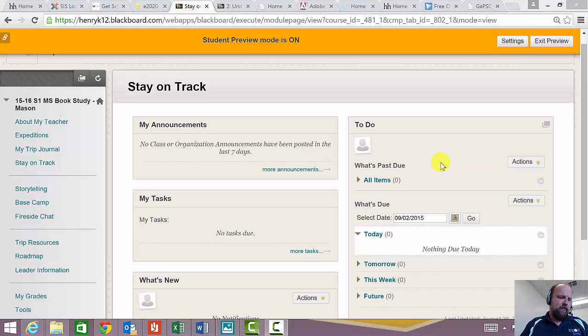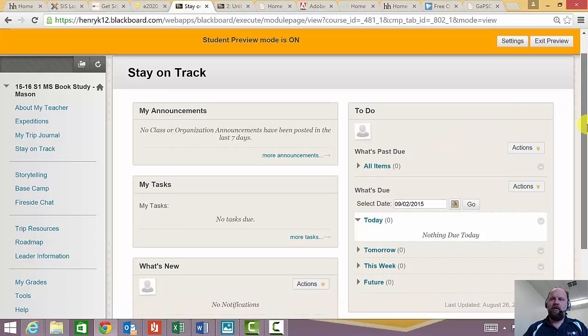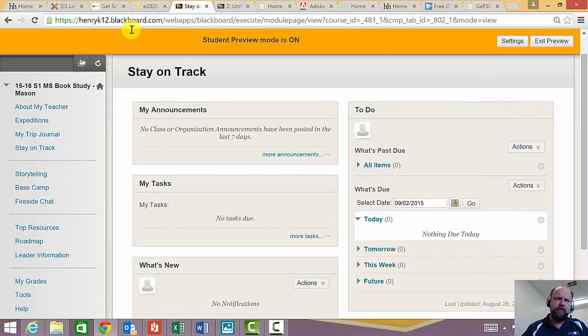Hey everybody, I want to give you a brief overview of your course. It looks like some of you are struggling to see how this whole thing works, so I want to give you an overview. When you first log into your course, the work that you're going to do, most of it is under this thing called Expeditions. So if I click on it,